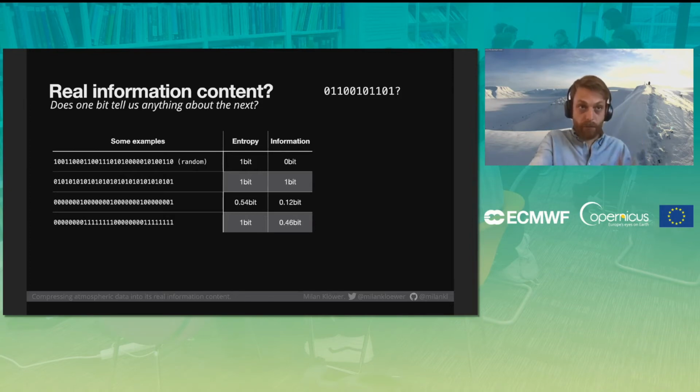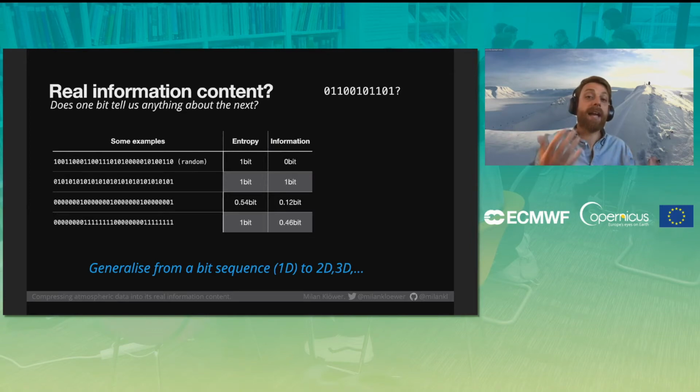So usually, obviously, what I've presented here now is a 1D example. So you just have one sequence, but you can actually generalize that to 2 dimensions or 3 dimensions. So you're basically trying to predict all the bits around you. And this is basically what I've done: really calculating the bitwise information content for a whole data set. And before I present you the results of that, we first have to understand how numbers are actually stored in